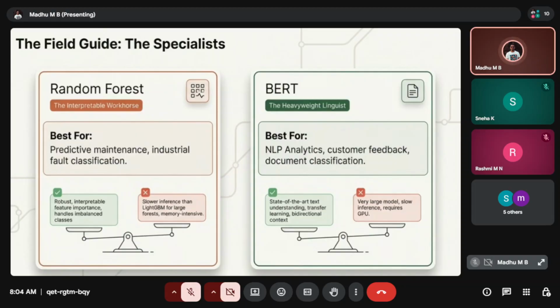In our case, what we are going to implement is for predictive maintenance and industrial fault classification. Why is this model very suitable for predictive maintenance and industrial fault classification? It is robust, interpretable, feature-based, and it handles imbalanced classes.